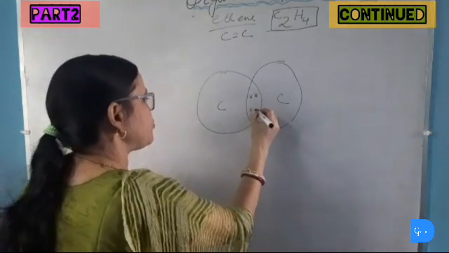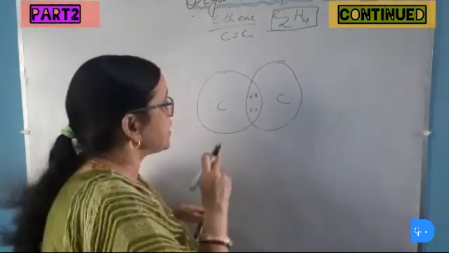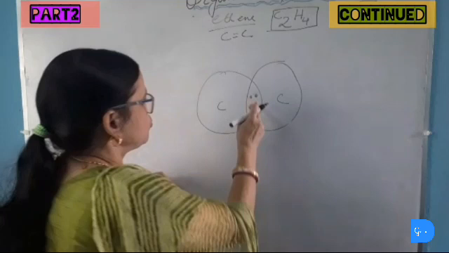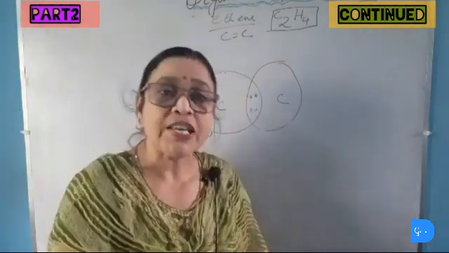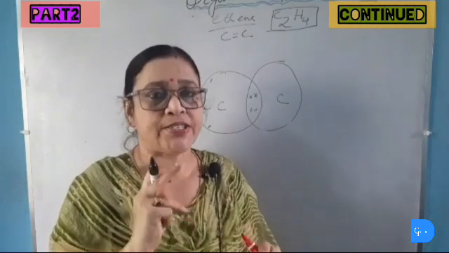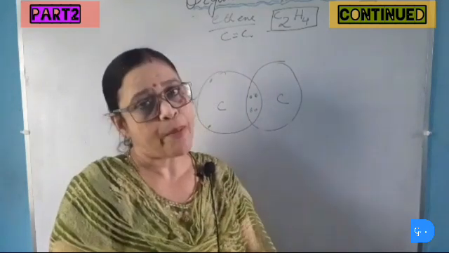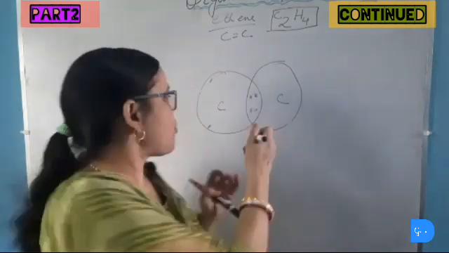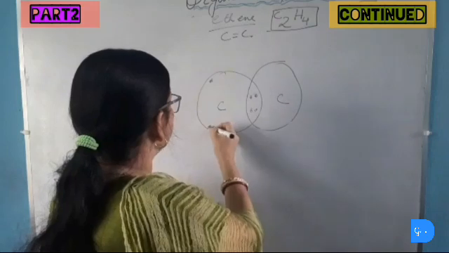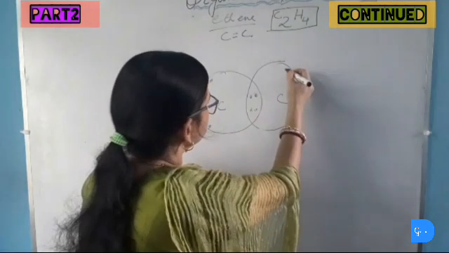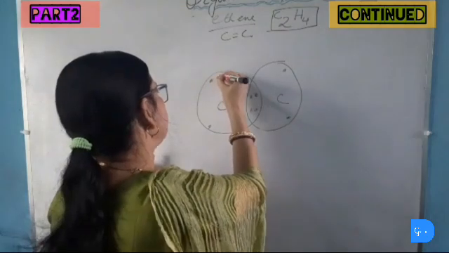I have told you that in a double bond there are 4 electrons or 2 pairs of electrons, whereas in a single bond there are only 2 electrons. So each carbon atom shares 2 electrons here. Always keep in mind that carbon has valency 4. Whether it forms a single bond or double bond or triple bond, we will subtract it from the bond. Here this carbon shares 2 electrons, so only 2 more electrons are left. Here also 2 electrons, so 2 more electrons are left. These will be combined by hydrogen.